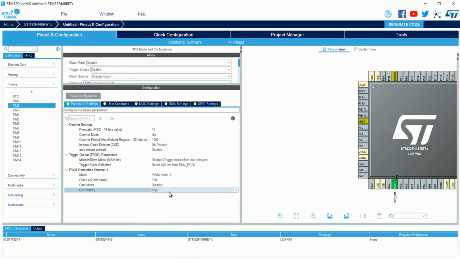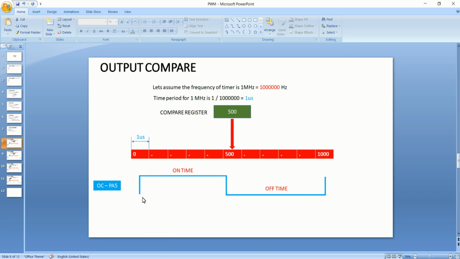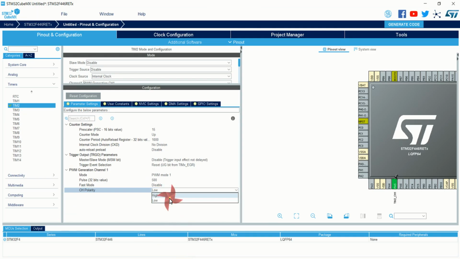And if you set the clock polarity to be low, this starting sequence, that is from timer count 0 to compare register match, will be taken as off time, rest of the period will be taken as on time. So for inverting that you can use this, but I am not going to do that. I am choosing the high, and that's it.